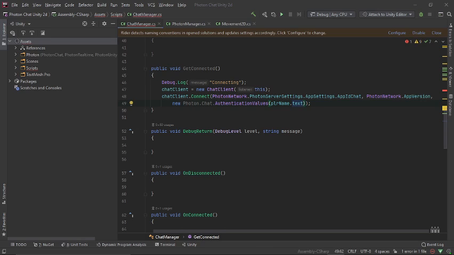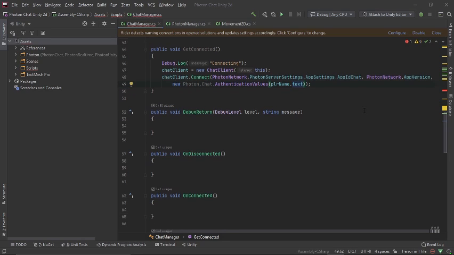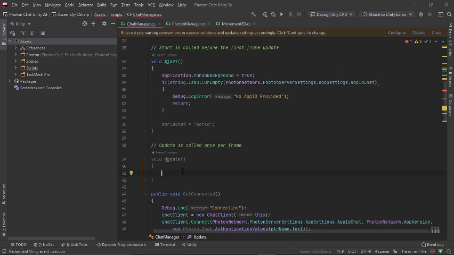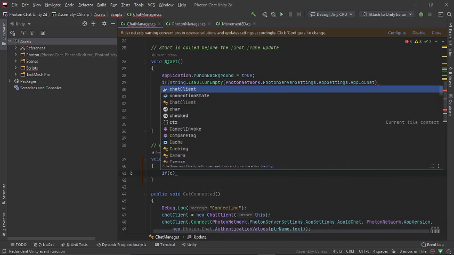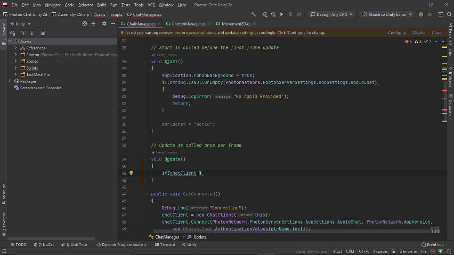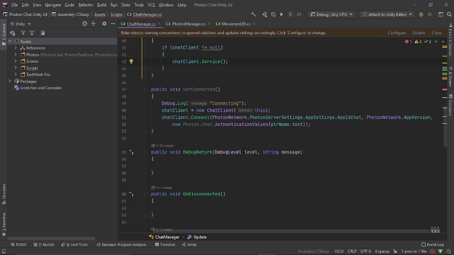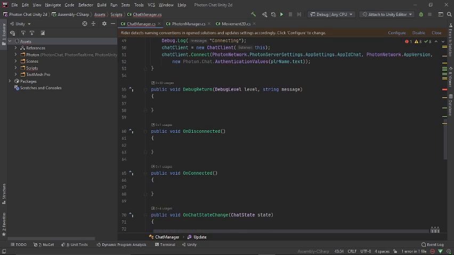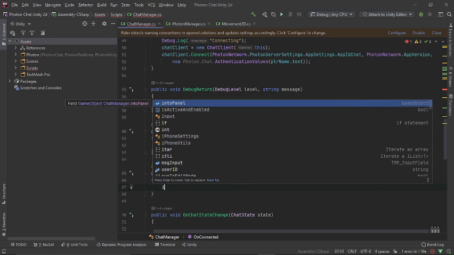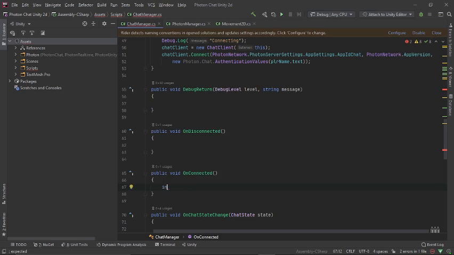Let's go on to the next thing in the update. So in the update, if chat client is not equal to null, chat client dot service. Okay, so now let's create the unconnected. I'm just gonna put my intro panel, my panels, my game objects that I do selected. No, not yet. That's okay. So chat client dot